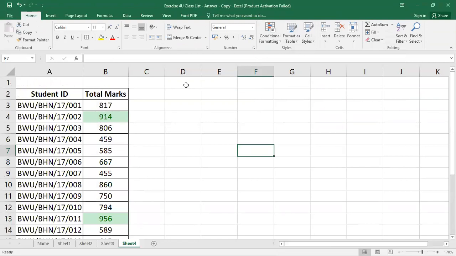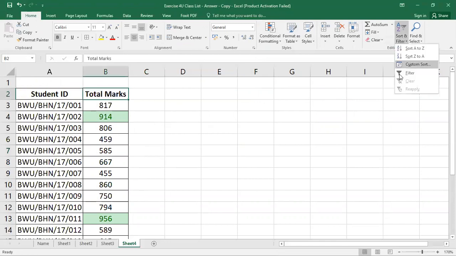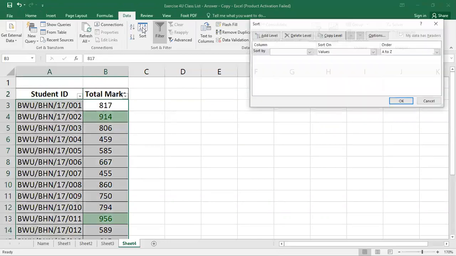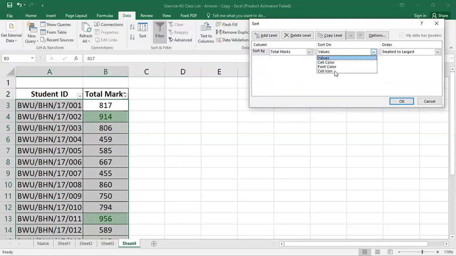And if this is a list of 2000 students, then we have to just go to filter, and we have to go to the sort option, and we have to select the total marks. We can select the cell color. So here it is, we select that particular cell color and click OK.